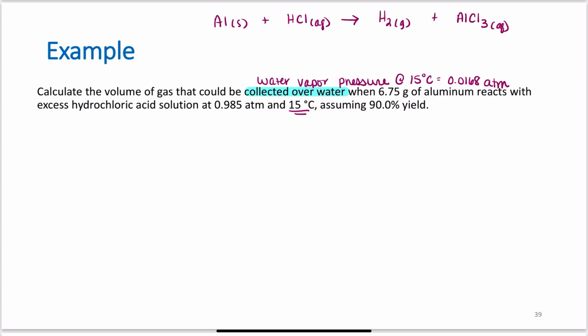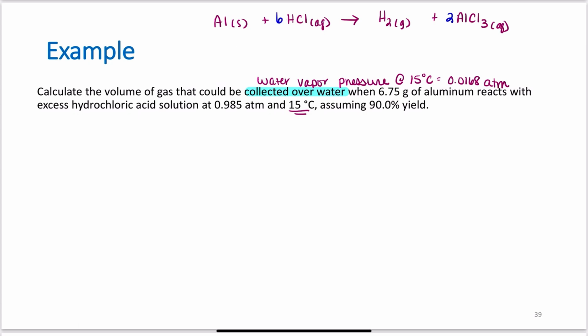Now I need to balance my equation. I have one aluminum on each side. I have 1 hydrogen on one side, 2 hydrogens on the other. So if I put a 2 here, that does not balance my chlorides. Now I've got 2 chlorides and 3 chlorides, so I need to put a 2 here